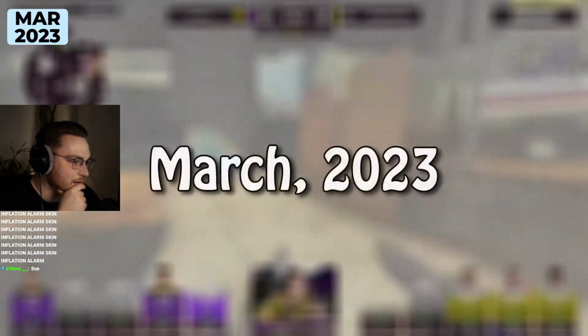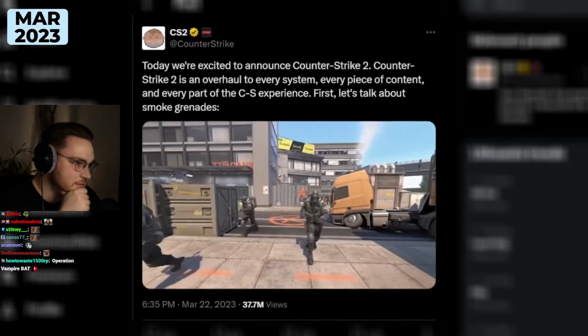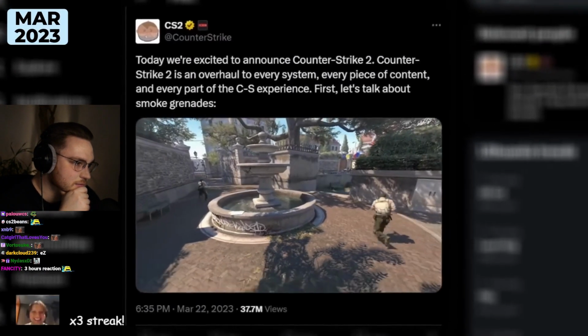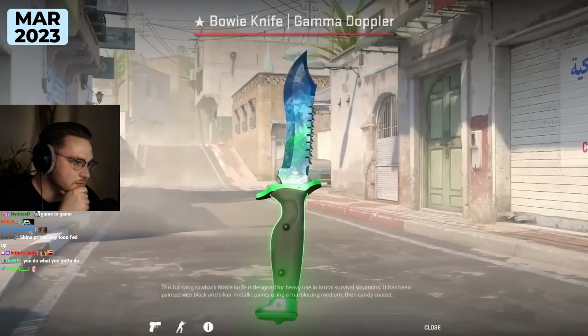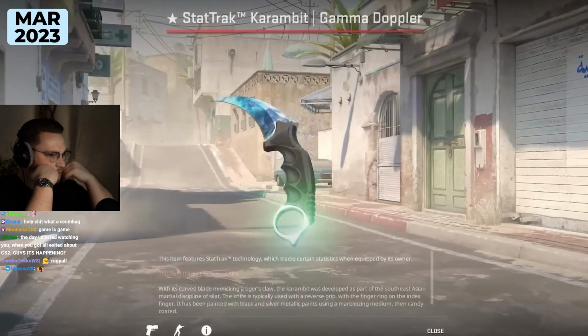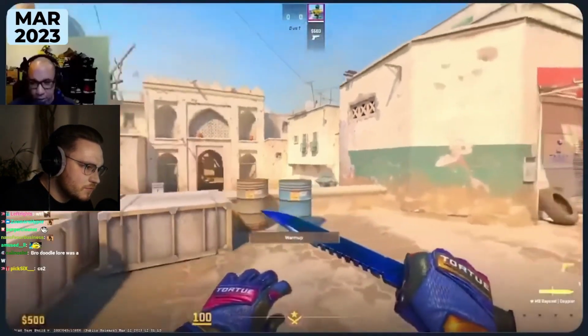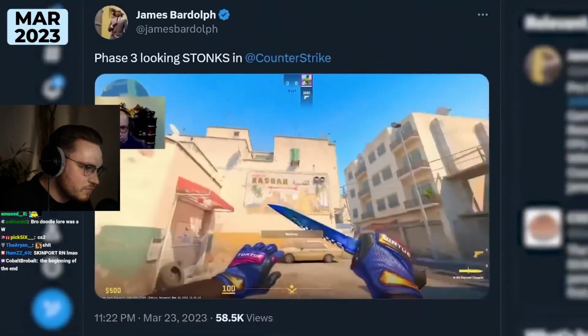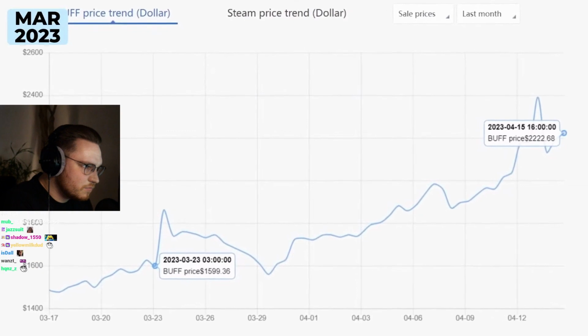However, it was in March that things really got cooking, because after years of waiting, Valve finally announced CS2, and the game looked amazing. In a very literal sense. Like, the skins in it looked really good. They were bright, they were shiny, a bit too shiny to be honest. And as stupid and superficial as that sounds, this had massive consequences, because it made the price of skins